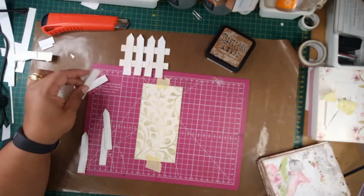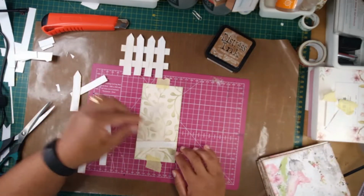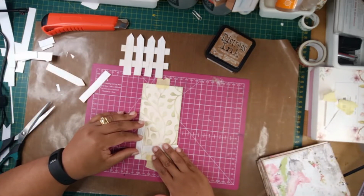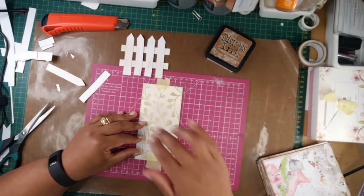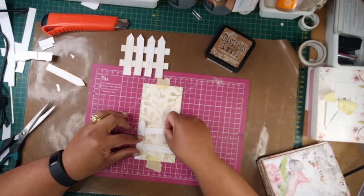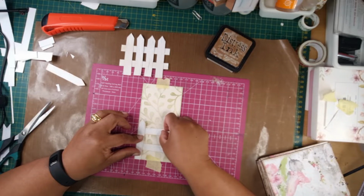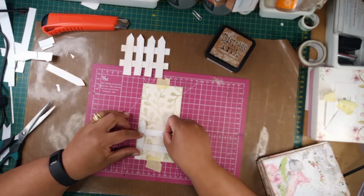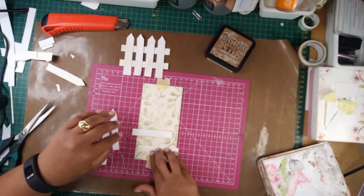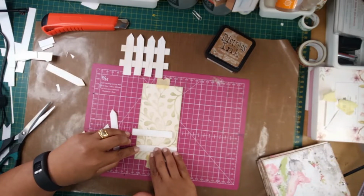Okay, and then let's see how long this is. So if that's that long, then I think I want my first one somewhere around there, and I want my second one maybe somewhere there. Okay, no, maybe a little bit more down, maybe somewhere there, and then maybe that one somewhere there. All right, so let's see. So that's going to go there. Okay,